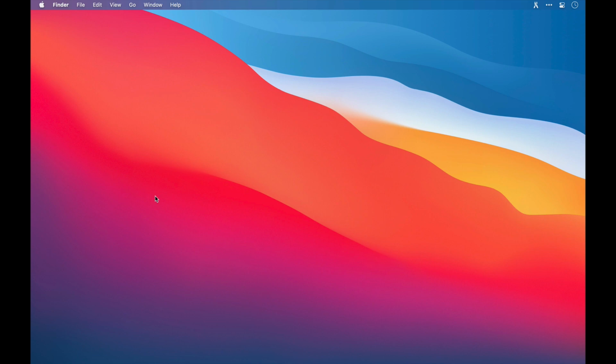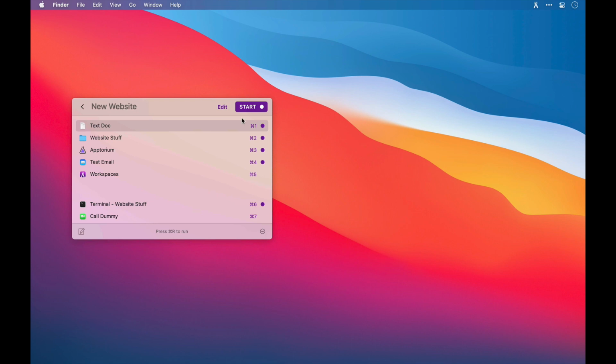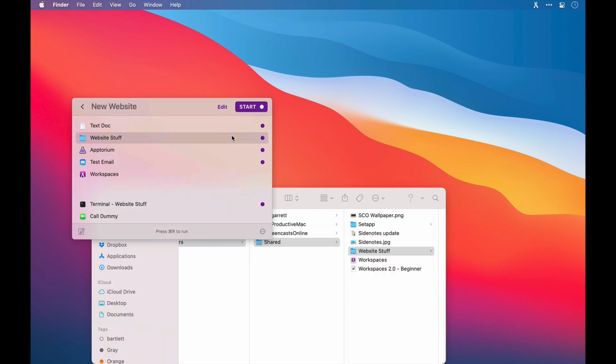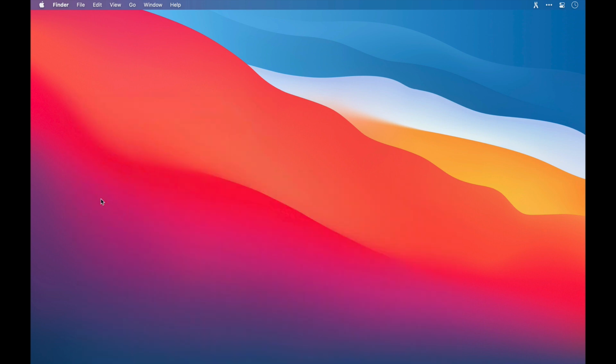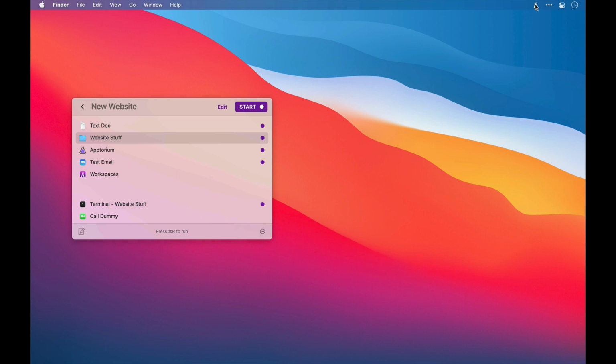Now you may not want to open them all, of course, at once, which is fine. In that case, click Workspaces once more, highlight the resource that you would like to open, and press Enter or the keyboard shortcut to the right. Right, let's close that and go back into Workspaces. And you can use your keyboard to navigate here quickly. You don't actually need to use your mouse or your trackpad at all. You can use the arrow keys. You can use Enter or the keyboard shortcuts to get to where you want to go.